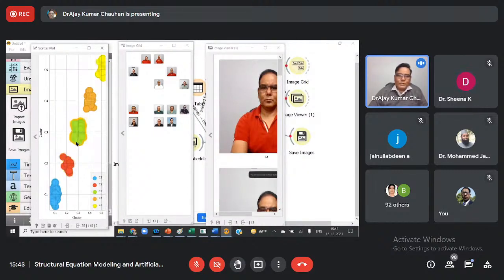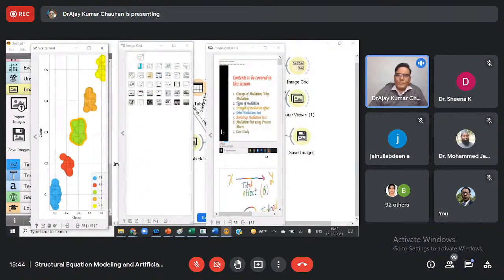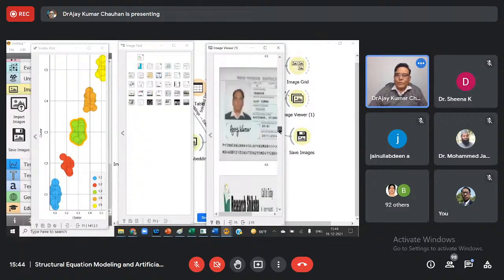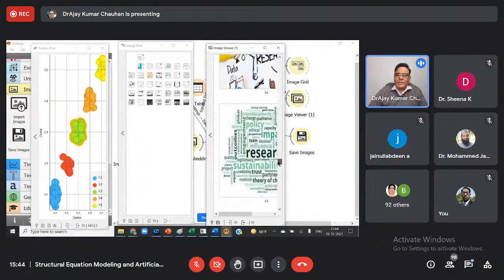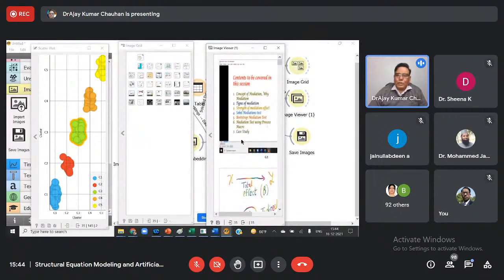Similarly, if I go to the third case, the software takes all the advertisements. So all these are the advertisements, and all these advertisements come in another group. You can see that these are some of the advertisements I put out for promotion. So all advertisements come in one group, and if I click on this,